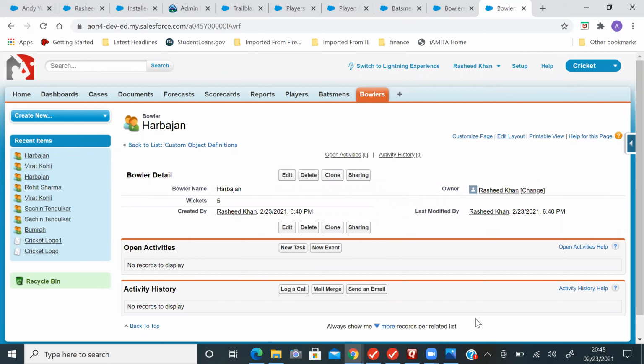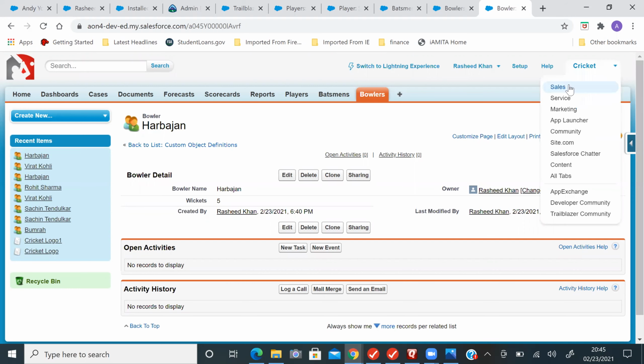Is there any way we can tell a created application from a standard application? The application Rashid created is Cricut, right? Yes, it is a custom application.